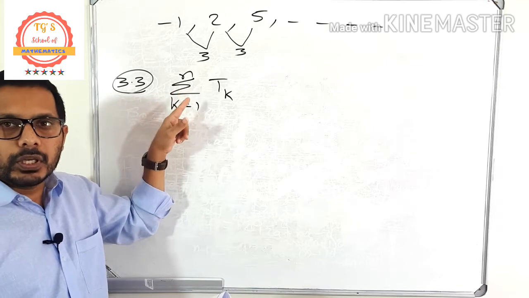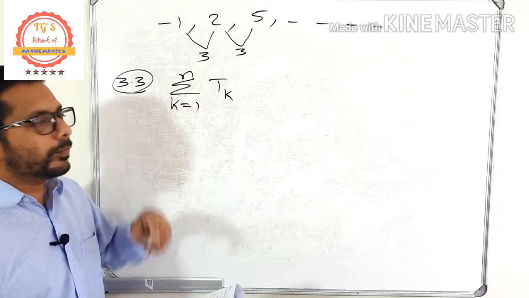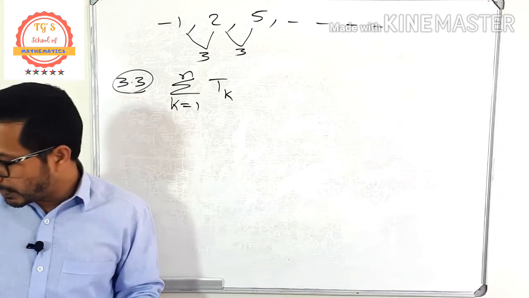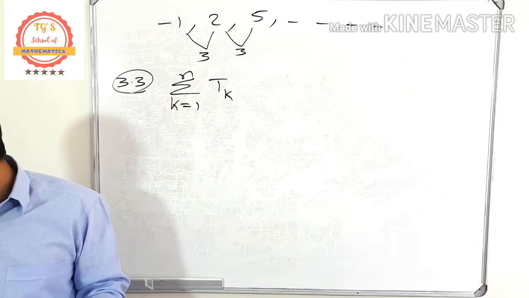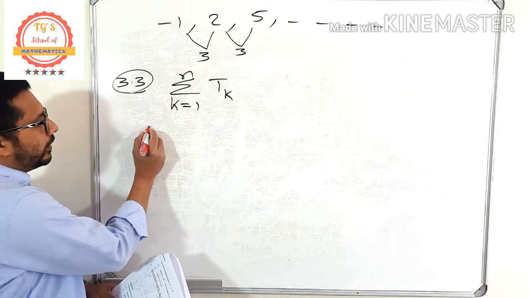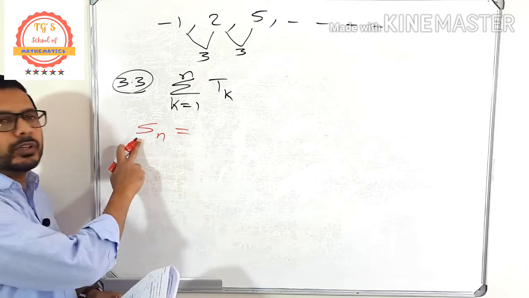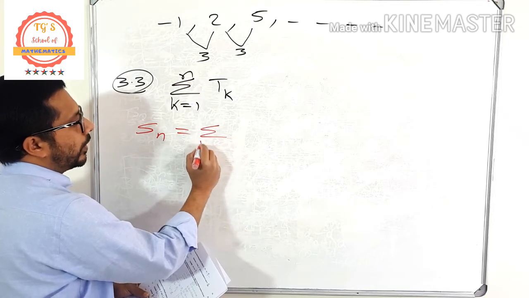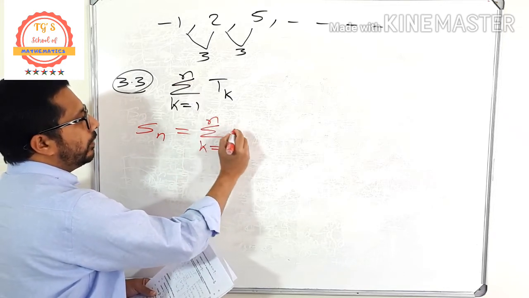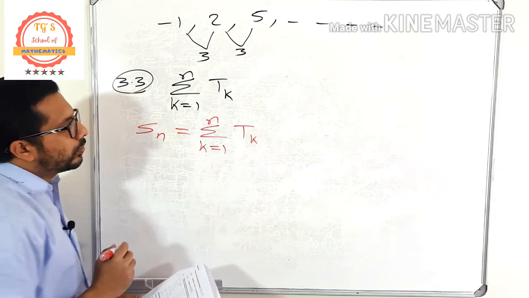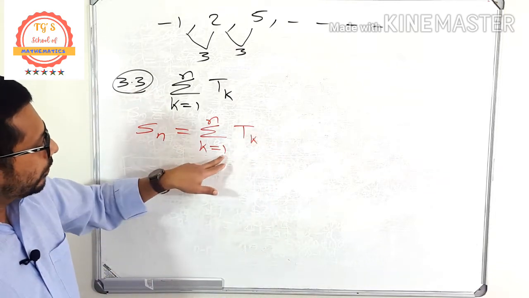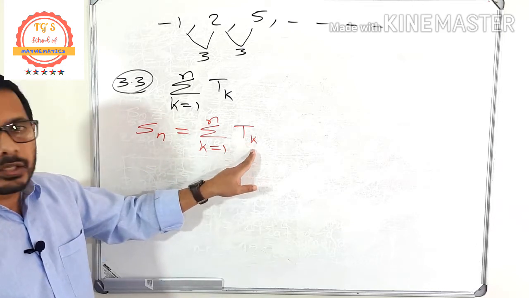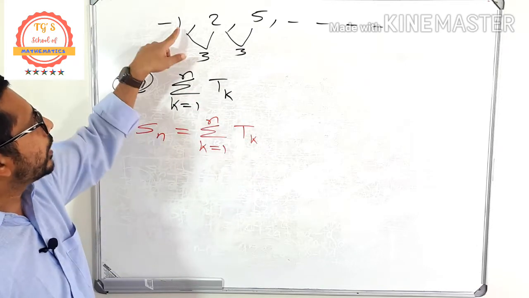Sigma stands for sum from where to where? From 1 to n. That means you have to find the sum of the first n terms. That is why it is written there as in terms of n. So let me write Sn, because we have to find the sum of the first n terms. That is the same as sigma k equals 1 to n of tk. First, substitute the value of k as 1. That means T1. T1 stands for the first term.